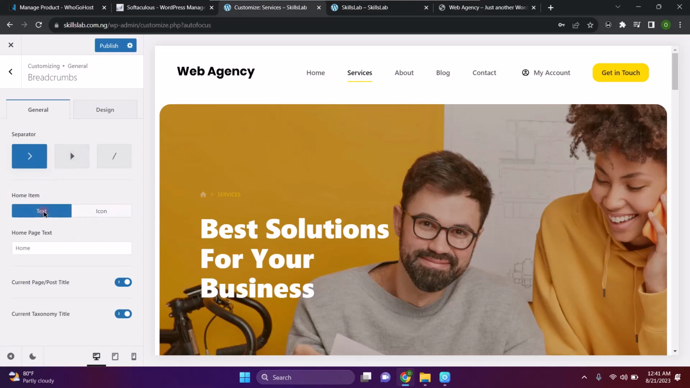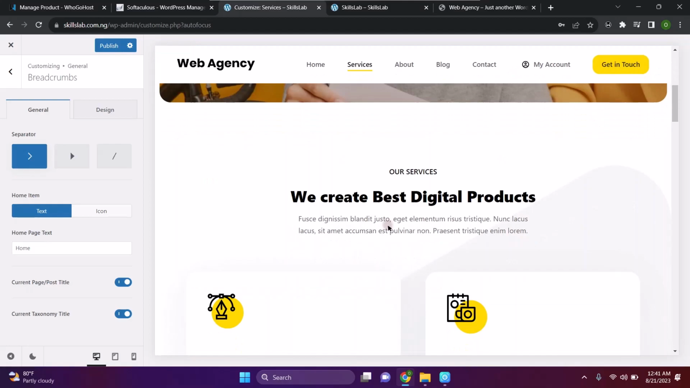And if you come to text, it will show this way. Text, you put your text there. That is for the home page. If it is for any other page, it will at least come first like that. So under this